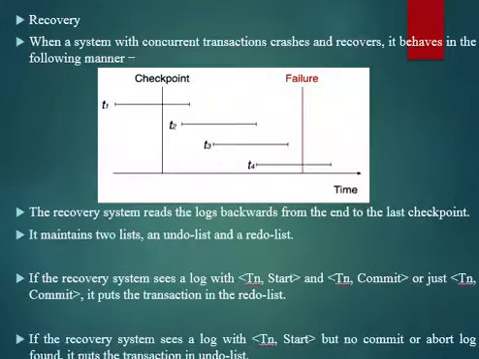Here you can see a figure. Transaction T1 is in progress, and in the middle of the transaction there is a checkpoint. Then T2, T3, T4 start, and in the middle of T4 a failure happens, but we will start only from that checkpoint. From there we need to start the redo operations. That is what is meant by checkpoint.